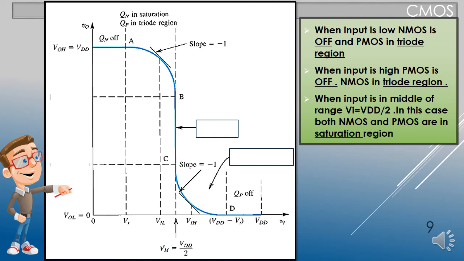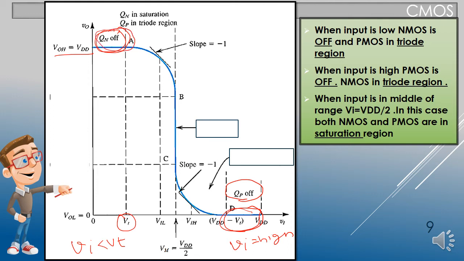We know that when input is less than threshold voltage, NMOS will be off. So when NMOS will be off, output was high. We have already discussed this case, and one case when input was high. In that case, PMOS was off. In this case, output was 0. So we have already discussed these two cases,